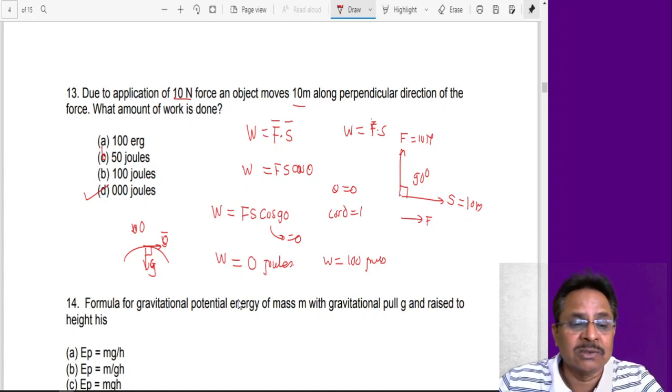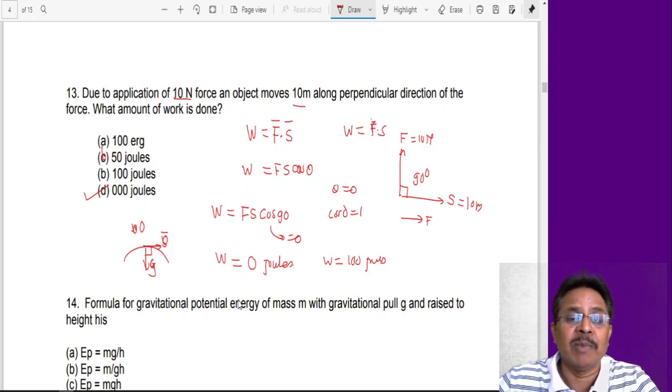So the car is not supposed to do anything to resist this gravity. Only the friction that is exerted on its wheels by the road, that friction is to be overcome. Aerodynamics, that is air friction, is to be overcome, and that's why it requires that amount of energy. So the work done on a person moving or a car moving on the surface of earth due to gravity is always found to be 0.